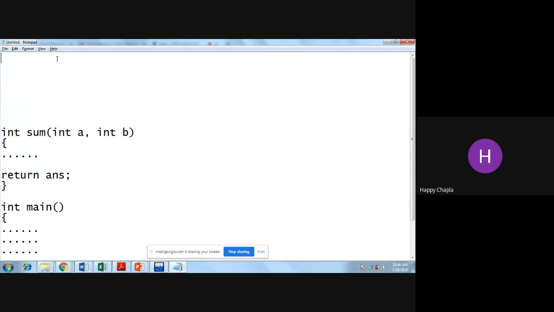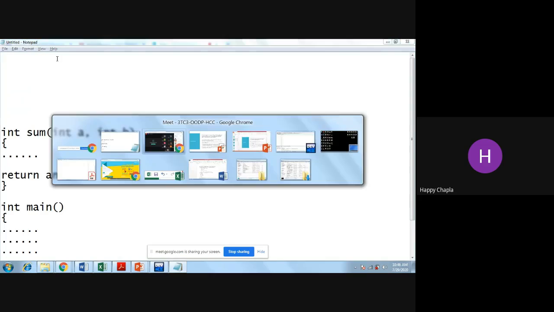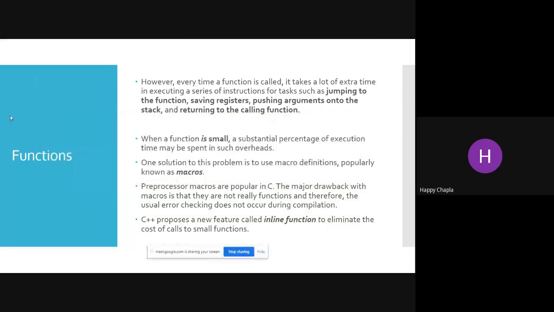so macros are used in C, but here in C++ we have one more facility, which is the inline function. Instead of a macro, why do we require inline? C++ proposes a new feature called the inline function to eliminate the cost of calls to small functions, right?